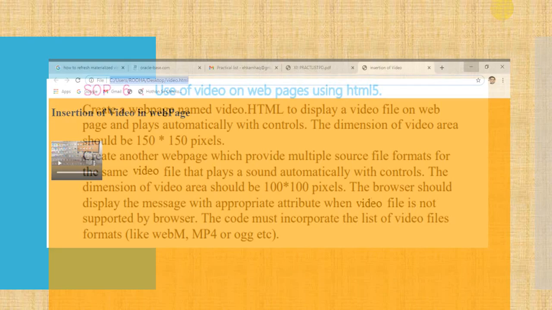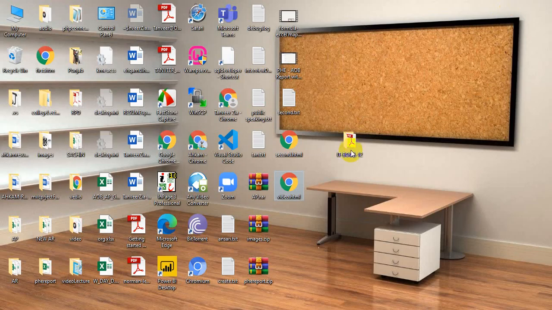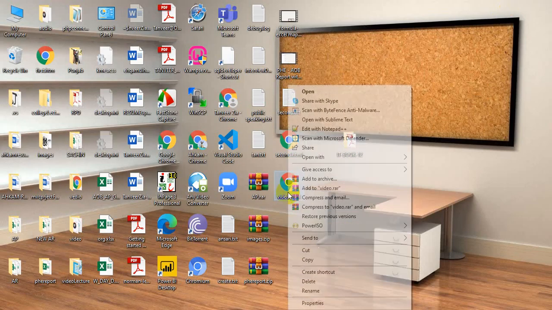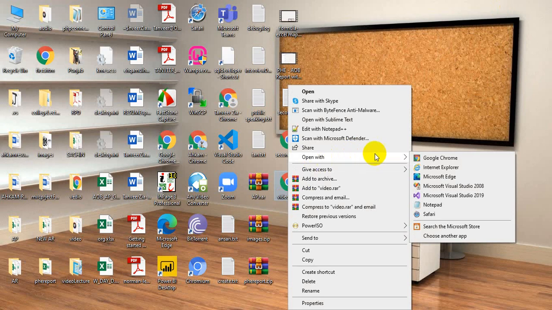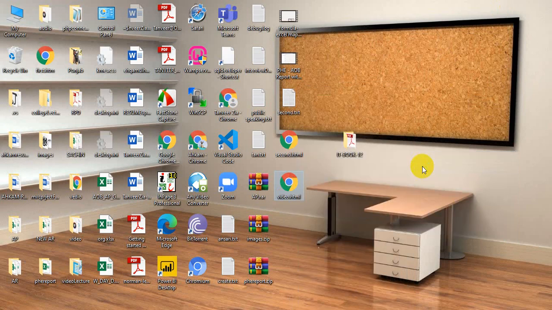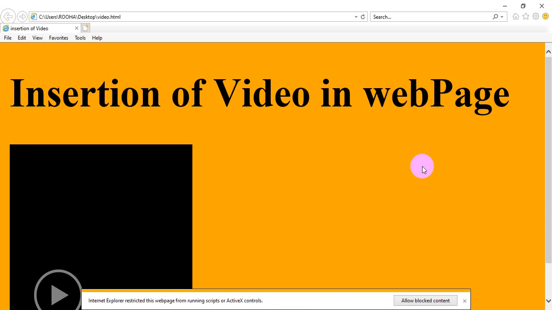So let me open the same file in Internet Explorer. Okay, so allow it.